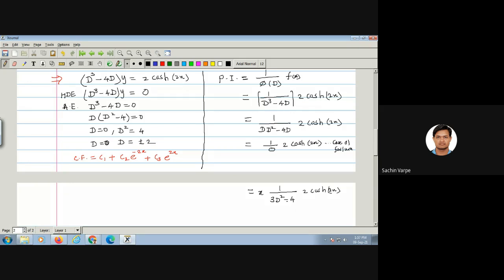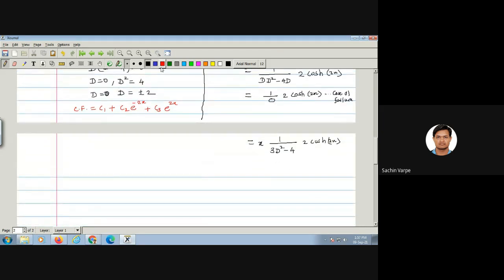Now here, since d is involved in the denominator, we can use the case, and the case is replace d square by this d square plus a square. So that is equals to x into 1 upon 3 into 4, that is 2 square is 4 minus 4. So that is how much it is? 12 minus X by 2 by 8, that is x by 4, right? Yes. And that is your final.